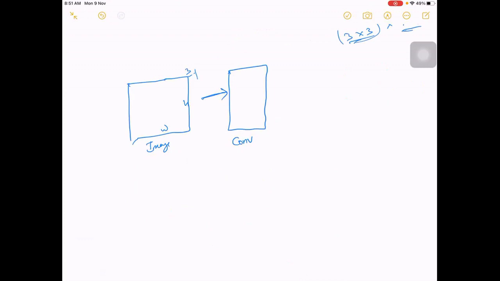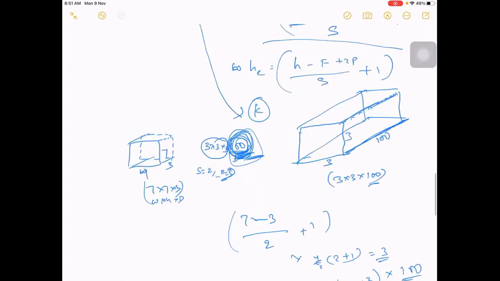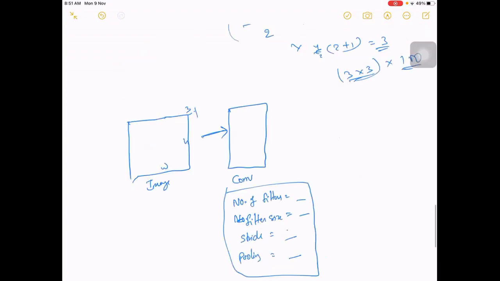We have to define the number of filters, the filter size, and then the stride. If you define these values and pooling, there is an implementation available in TensorFlow which will automatically do the convolution operation and give you an output.